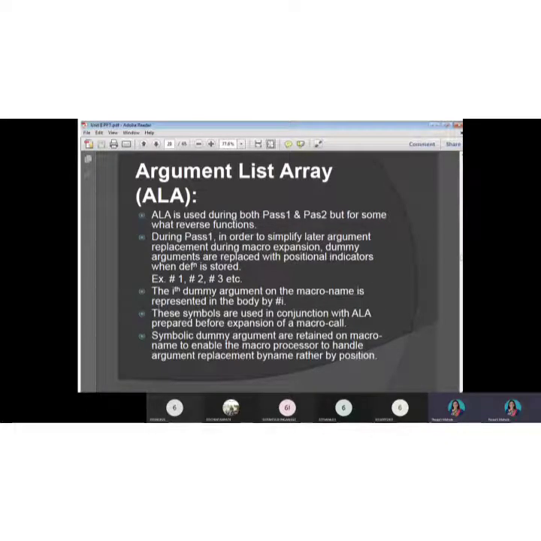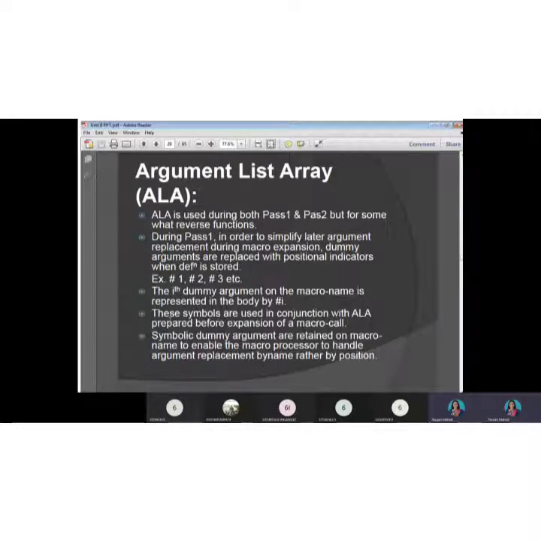Now let us see the next table database, that is the argument list array, ALA. It is used during both pass 1 and pass 2, but for different functions. What happens in pass 1? During pass 1, in order to simplify later argument replacement during macro expansion, dummy arguments are replaced with positional indicators when the definition is stored.